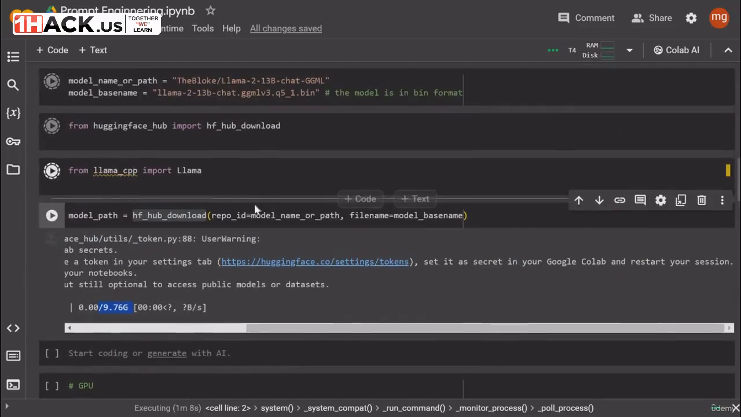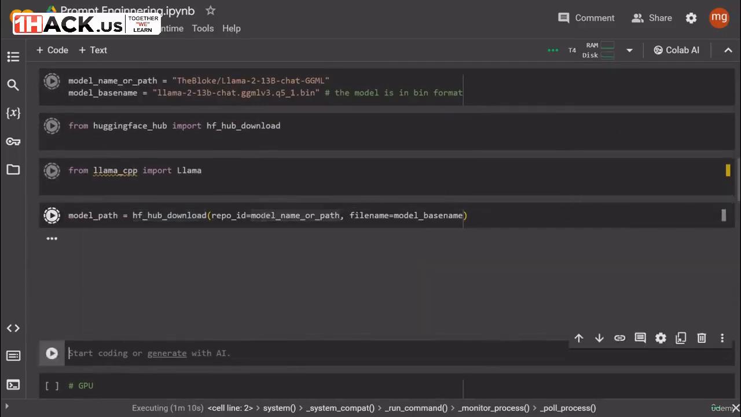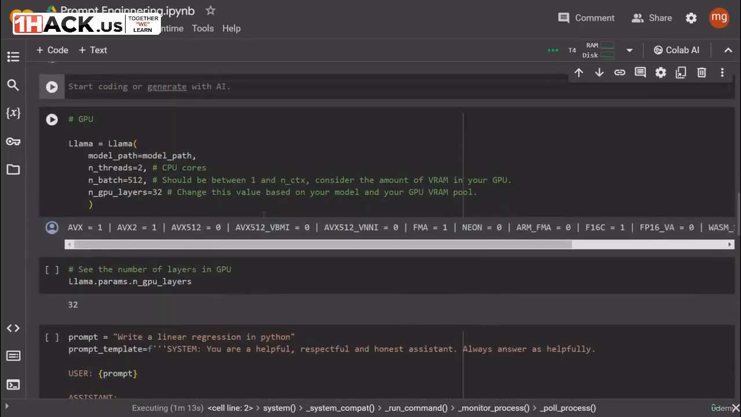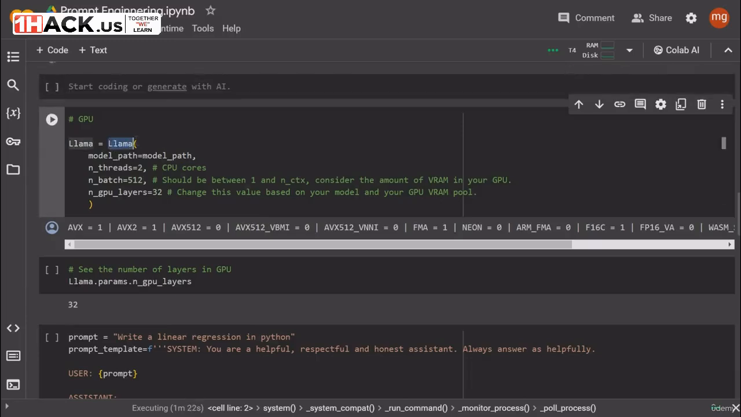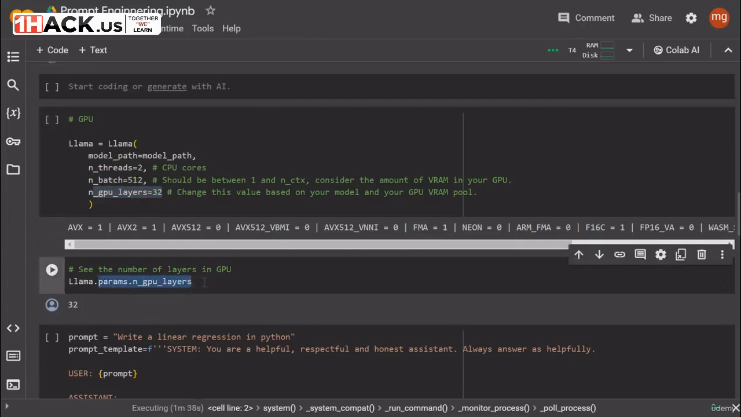Now, once you do the setup, once you download the model itself, you will have to create an object. Okay, so for this we have to set up the GPU details. So we create a Llama object, and in this we provide the model path, the number of threads, the batch size, the number of GPU layers which you will be using, and here you can just run this particular line of code which gives you the number of GPU layers,